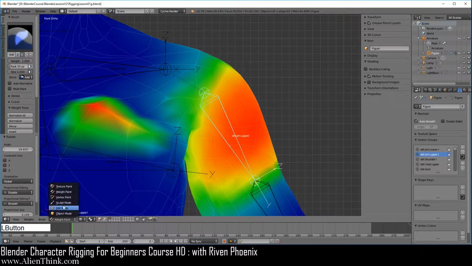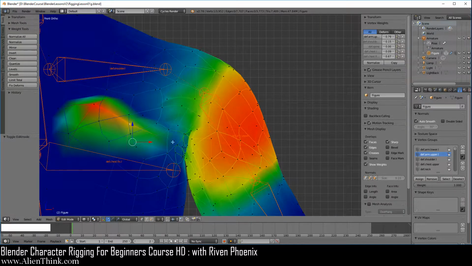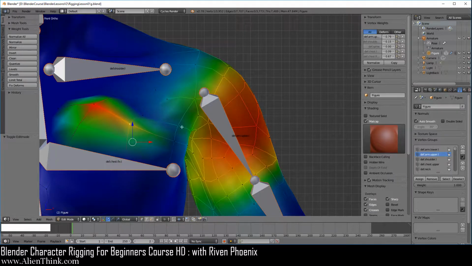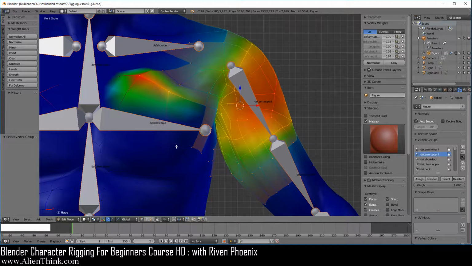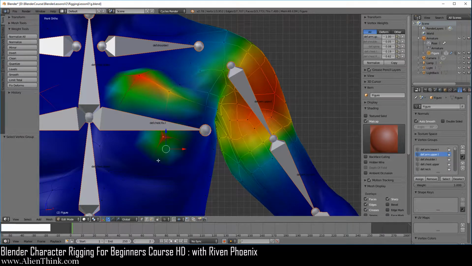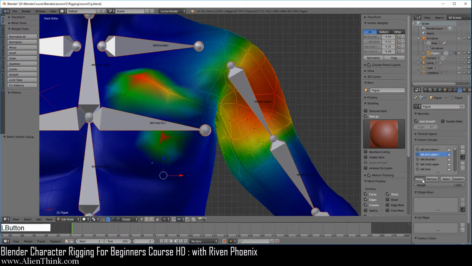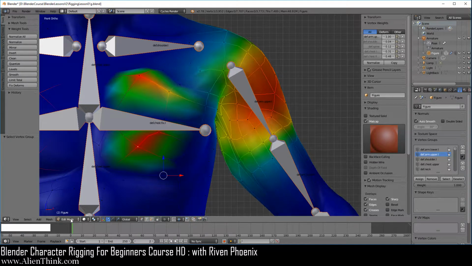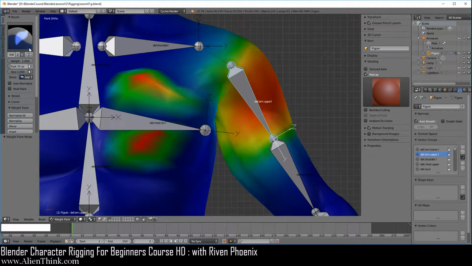Now if we switch to edit mode over here and press the Z key to go back to solid view and click on this vertex group and click on select, you'll notice that those vertices have been added to this vertex group. Okay. Now in edit mode, if we wanted to do this, we would have to click on that vertex and click on assign. Click on this vertex and click on assign, right? But in weight paint mode, it's being done with a brush.